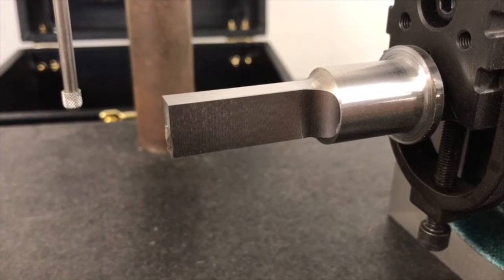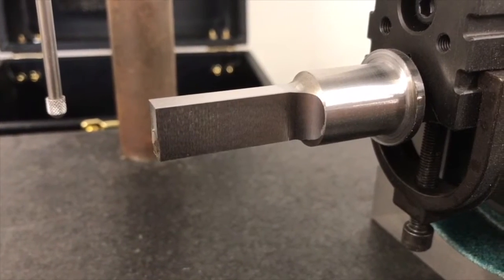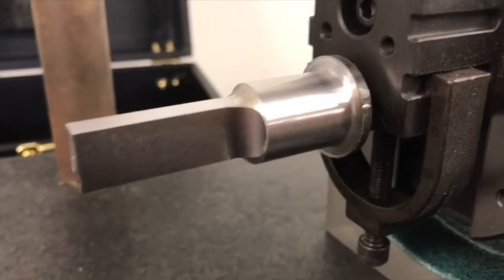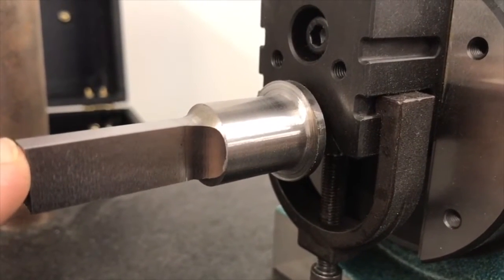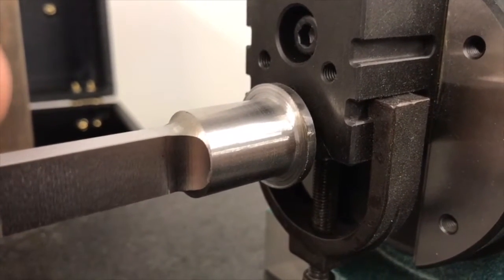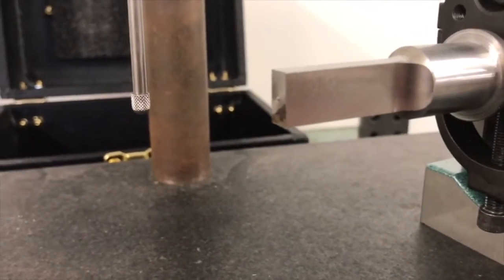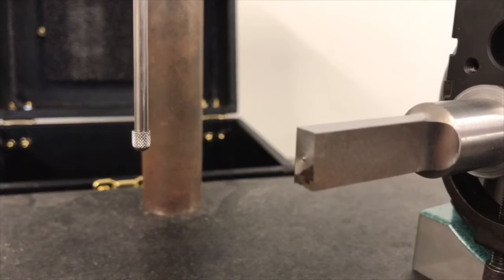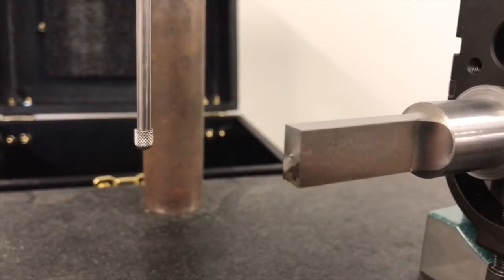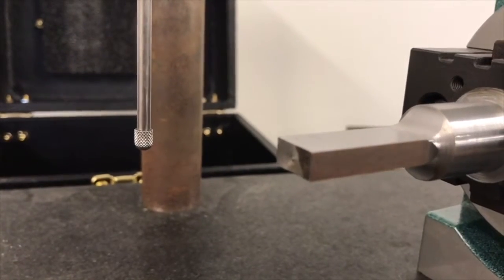Now, for my next step with this, there's a little saying you had to remember way back at the beginning of this: if you didn't set this up with this feature right here in line with the V, you're going to run into issues. So what I want to do right now is set this up so that I can shift my center point, my radius. And how I can do that is swing this around over here till it's parallel,